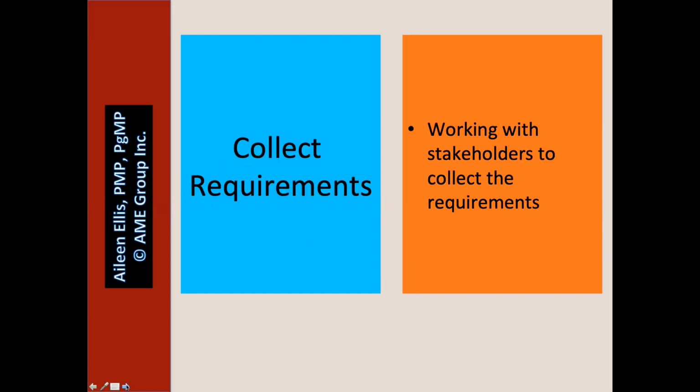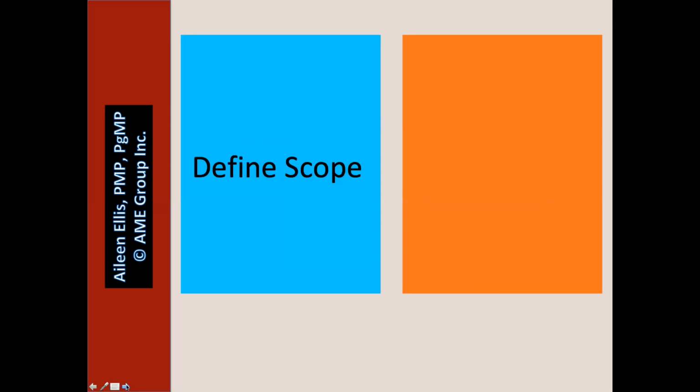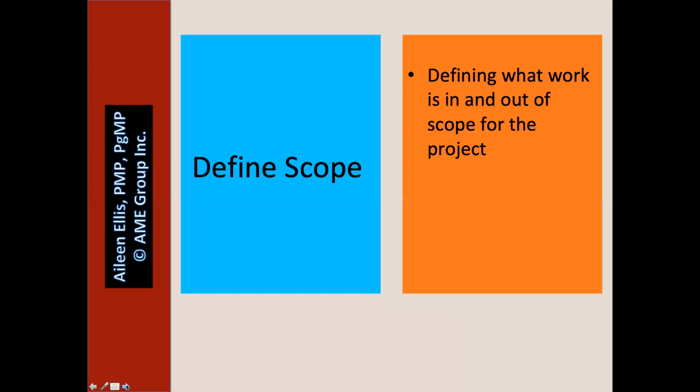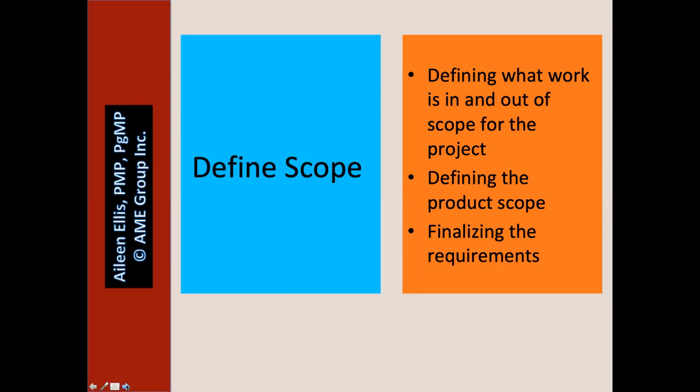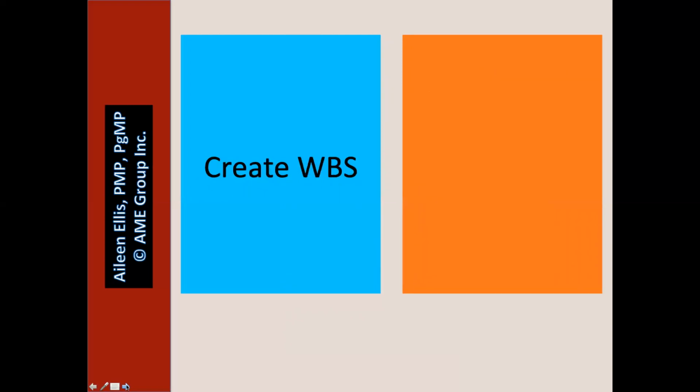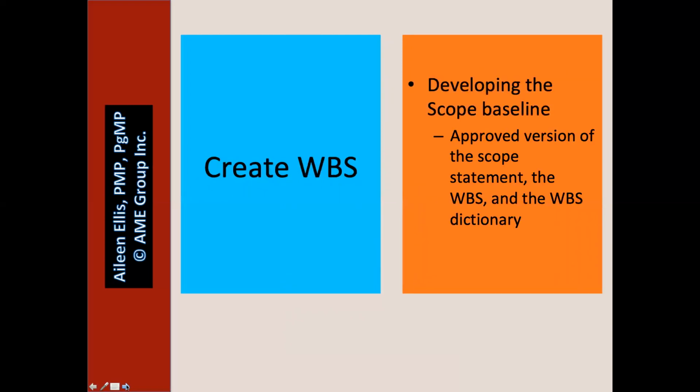Collect requirements. Working with stakeholders to collect the requirements. Define scope. Defining what work is in and out of scope for the project. Defining the product scope. Finalizing the requirements. Create WBS. Developing the scope baseline to include the approved version of the scope statement, the WBS, and the WBS